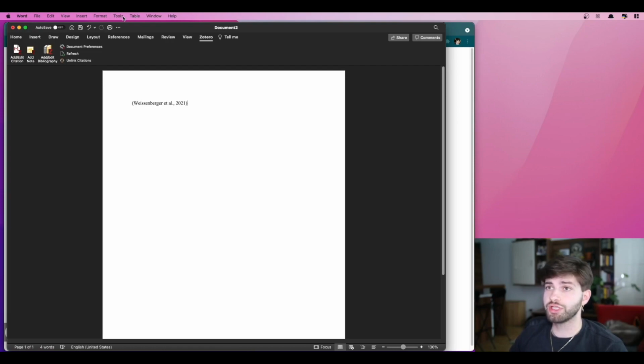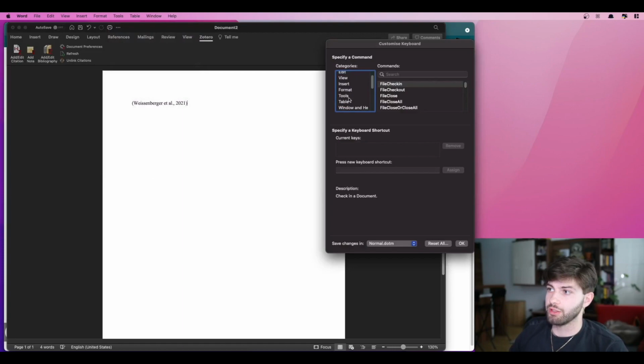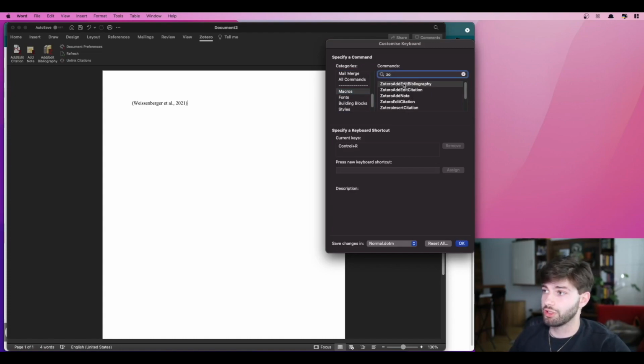And in order to do this, you go to Tools, Customize Keyboard, and in these categories, you will go to macros. In the search bar, you just search Zo. I guess that Zotero will be your only add-on. And we have here several commands that Zotero can do. The two which are the most needed are add edit citation, and if you want, you can have also the bibliography. In order to do the citation, as I said, you will just click on it,